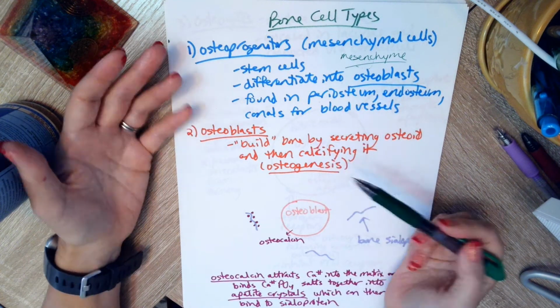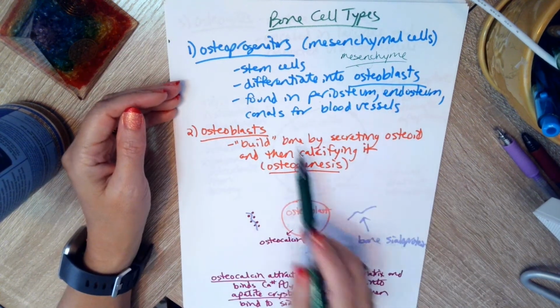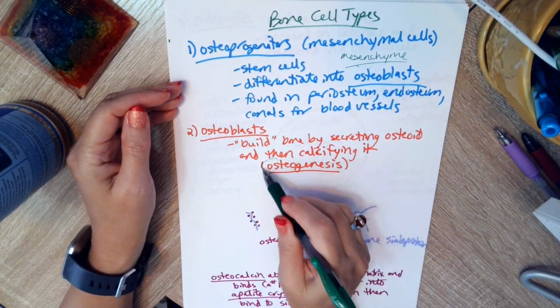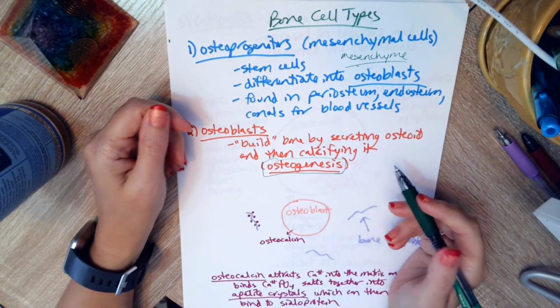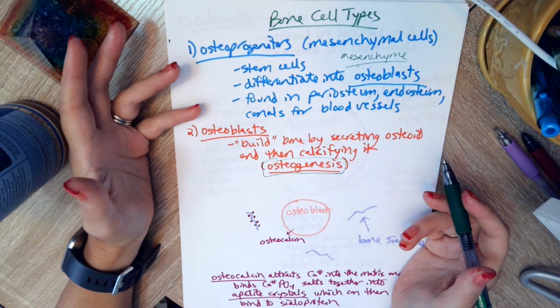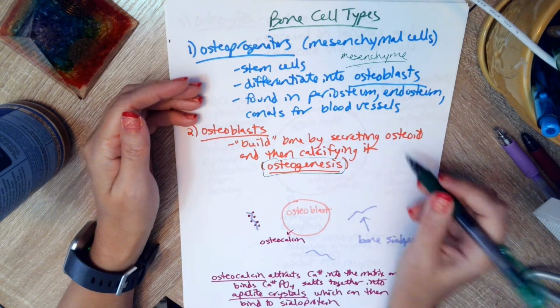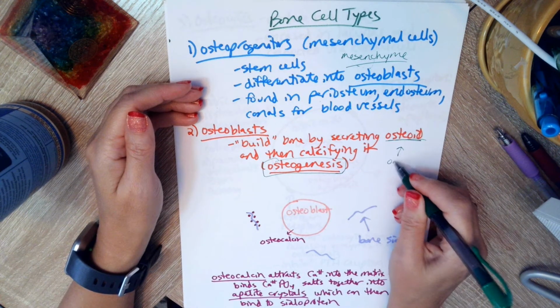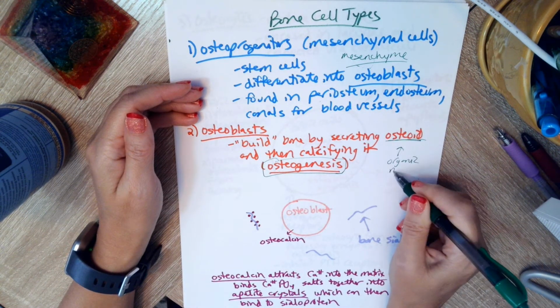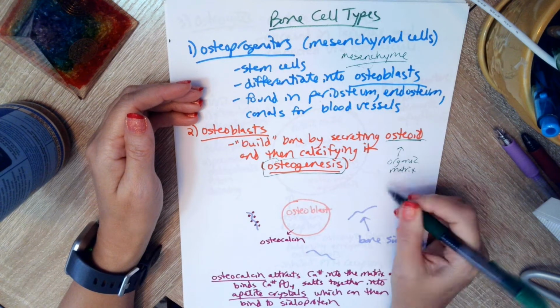So what do osteoblasts do? They build bone. They do osteogenesis. So they're making bone matrix. And they do this by a couple of steps. They first secrete something called osteoid. That is the organic part of the matrix. So it contains